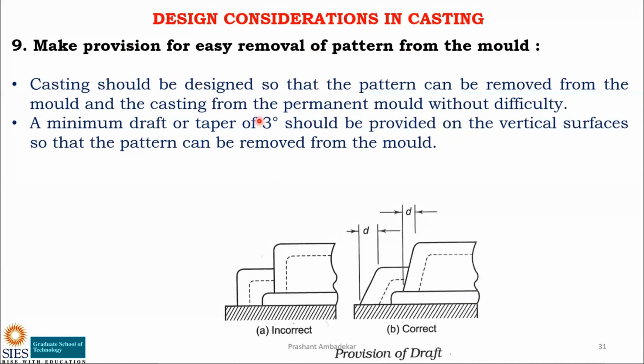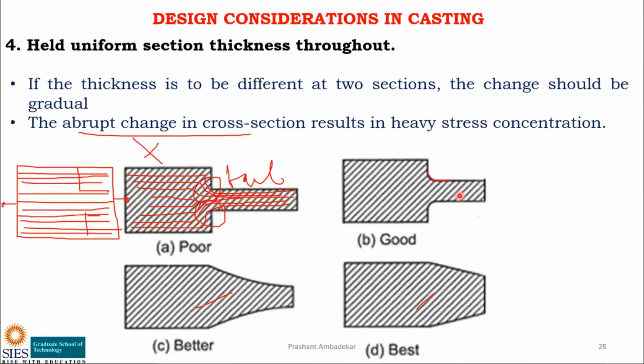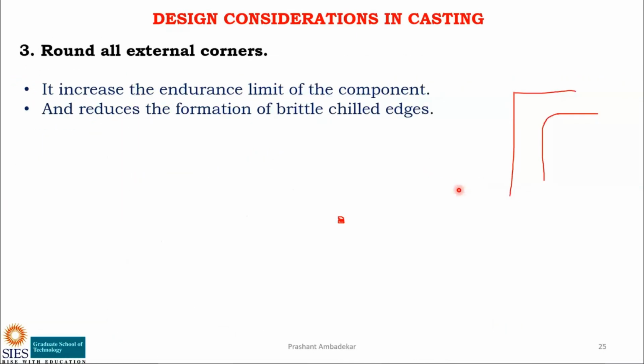mold. So I have learned this in casting that the pattern, generally the wood pattern or metal pattern, has to be removed, and when it is to be removed, you have to provide some clearance. So in that case, what you have to do is provide a draft like this, that is an inclined surface. You have to provide an inclined surface so that the pattern can be easily removed from the mold. So these are the 9 points that you have to consider when you are designing the parts which are to